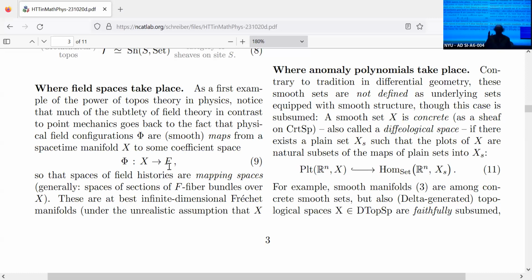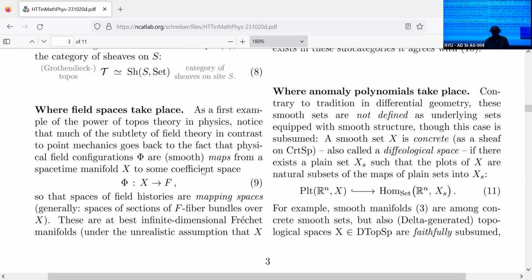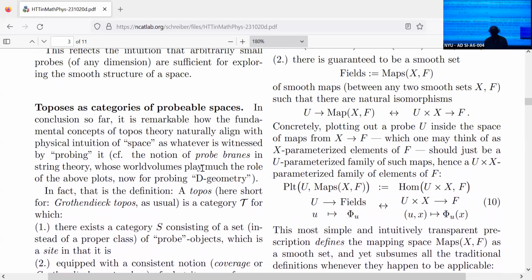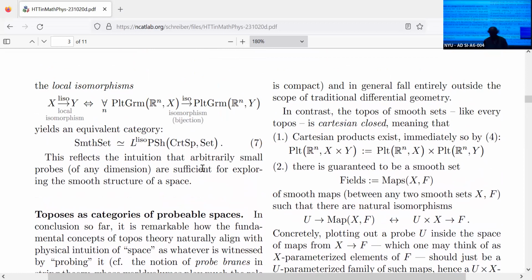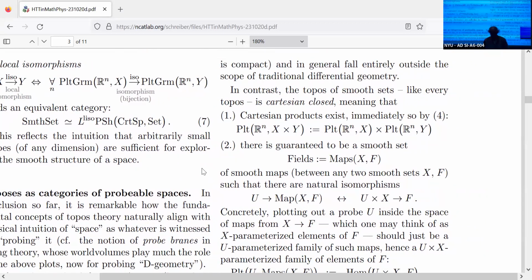Or, maybe more interestingly, we'll come to this, if you have a spinor bundle over space-time, then such a map might be a section of that spinor bundle, which to each point in X finds a point in a spin representation, and that would be a spinor field. Anyway, so these fields, and the subtlety for differential geometers, and then physicists by extension, is that